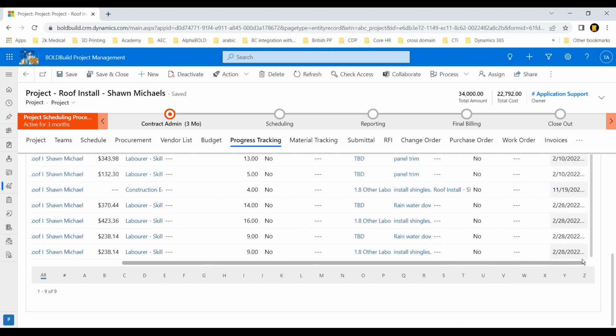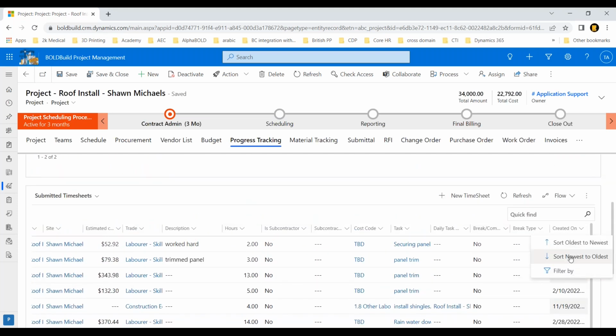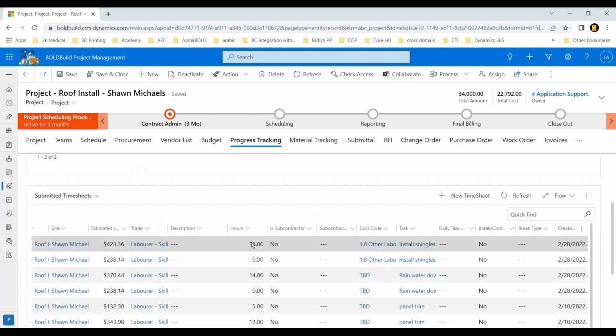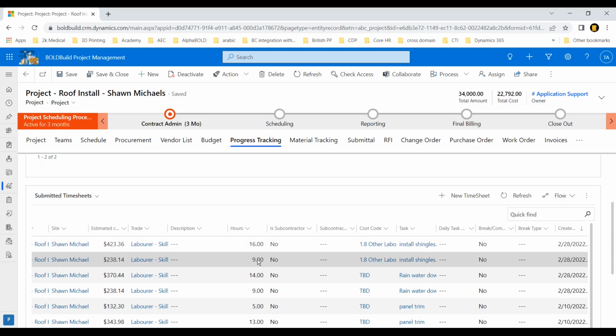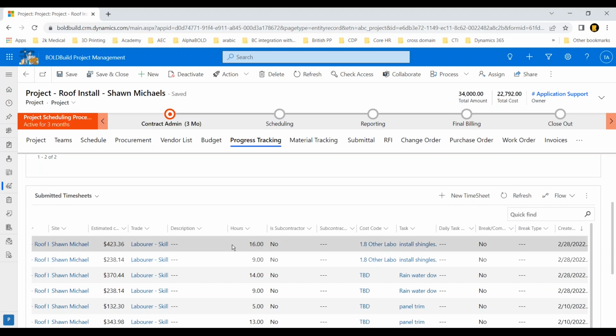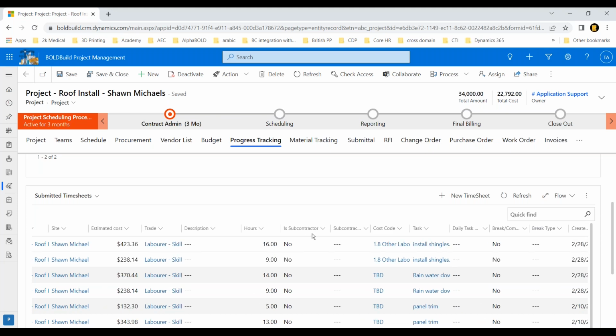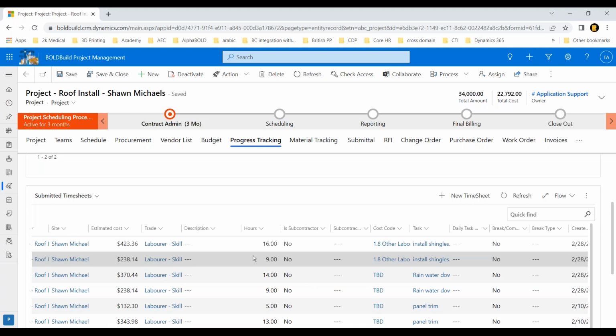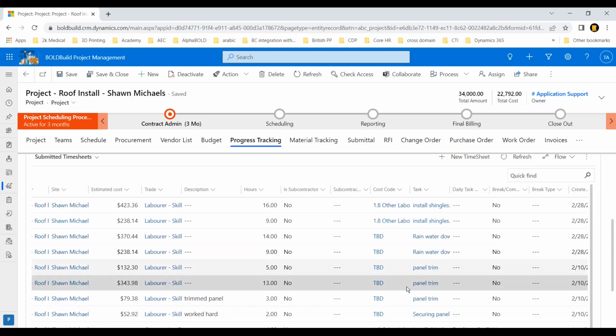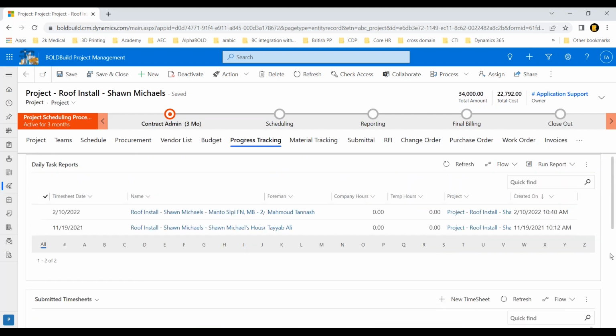I'll filter it based on the most recent activity. So I go newest to oldest. And you see these are the two times the time was logged, 9 hours and 16 hours. And it is telling me the estimated cost that I have as well as the price for this. So I can easily see what my price is, and I can use this information for invoicing.